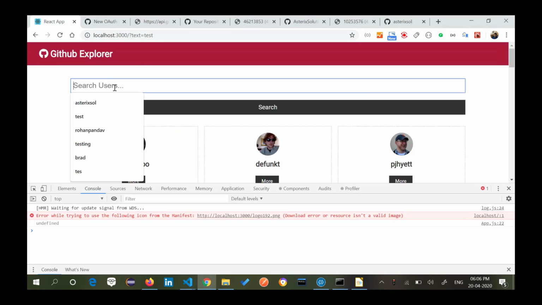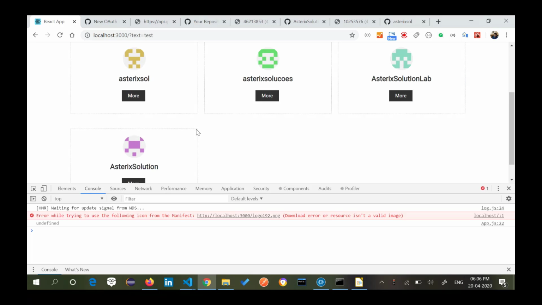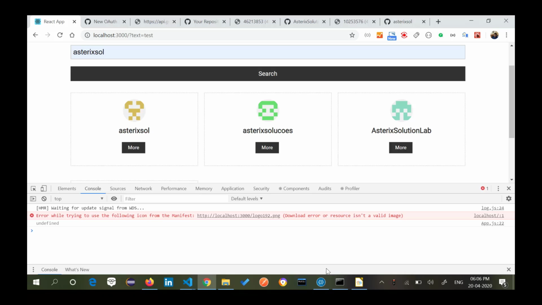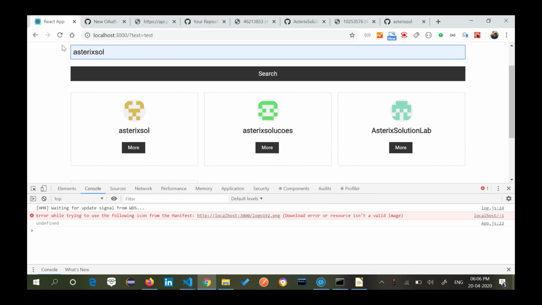Let's say if I type asterisk solve and search, can you see I am getting all the asterisk solution values? Can you just let me know one of your IDs, any one ID? I will try to search it from here.